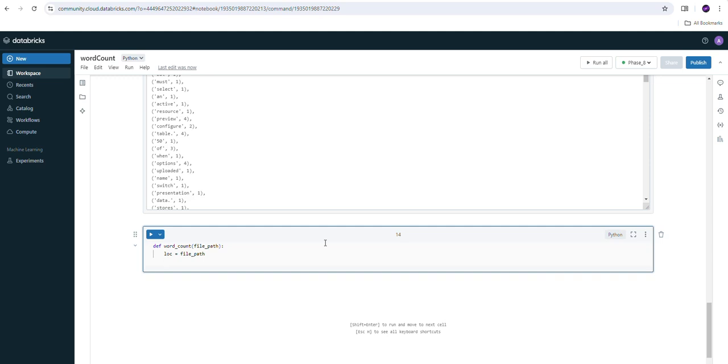Let's create an RDD, spark dot spark text file of loc dot flatMap of lambda, which takes a sentence and returns the split version of the sentence,